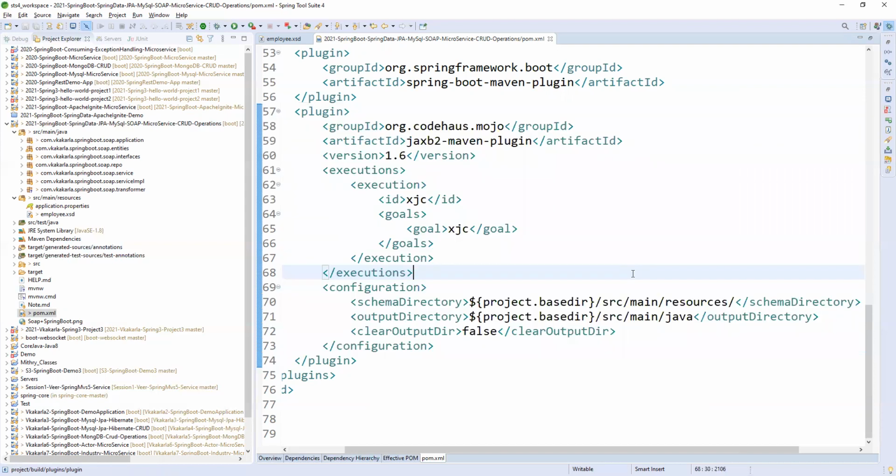For this plugin, we need to provide the resources or files, a property directory, and the output directory where we are generating the data objects or DTO interfaces, whatever we can call them.